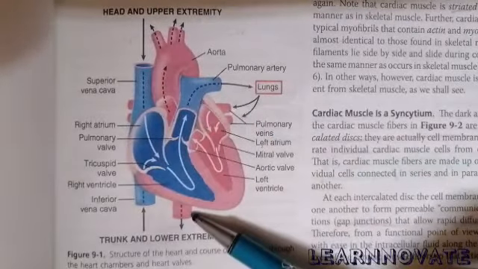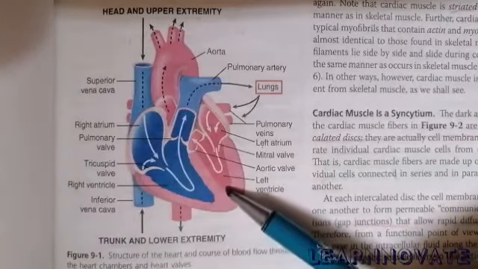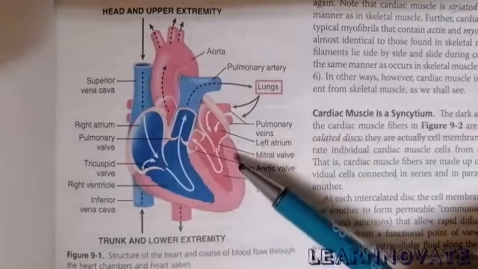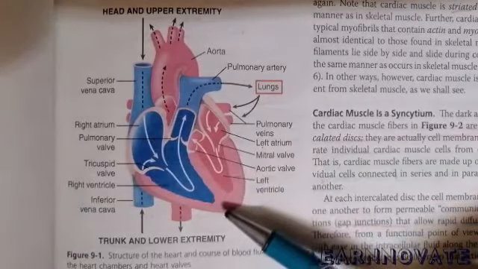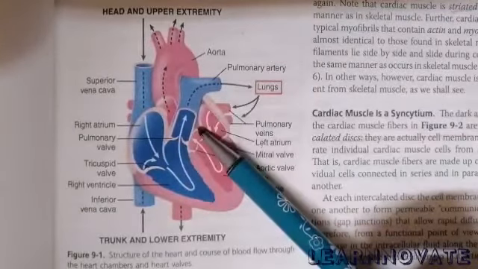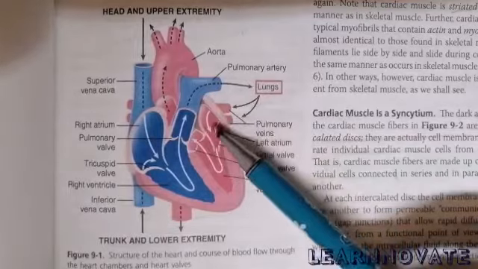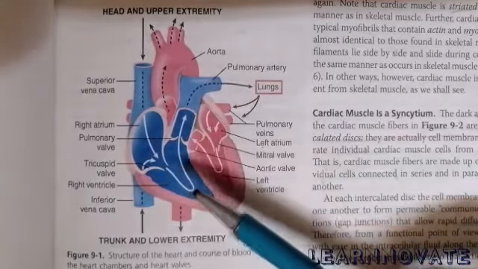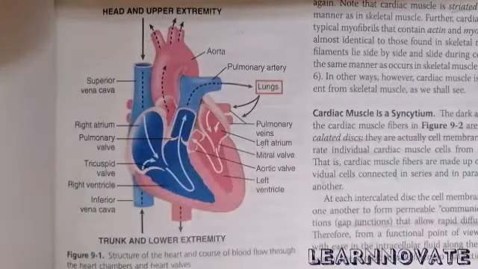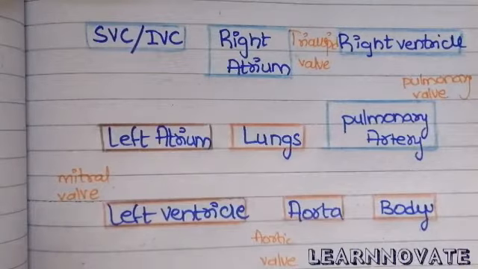The aorta bifurcates, and it supplies the carotid arteries and blood to the whole part of the body. So in this way the blood is oxygenated on the right side, and the oxygenated blood is distributed from the left side of the heart. And now I will show you a flow chart to make it easier to understand how blood flows through the heart. Here I have drawn certain structures of the heart, and we will discuss the blood flow through the heart by an arrow diagram.